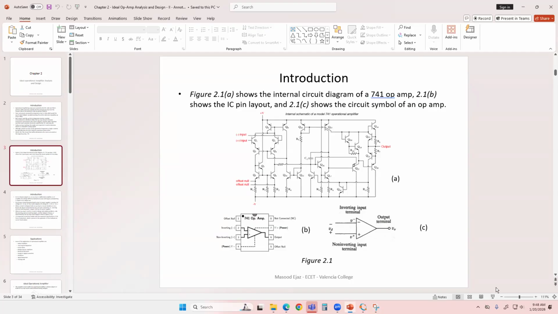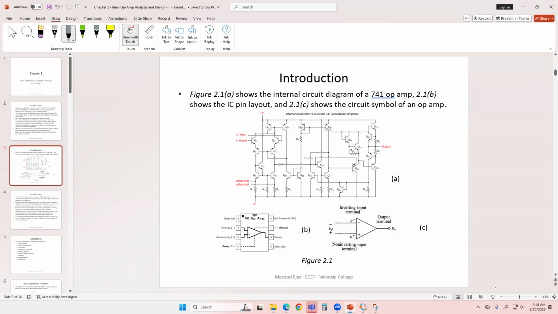But if you do have to show biasing, for example when you're doing your simulation and you have to connect the biasing, then biasing is generally shown. In the 741 IC in PSpice, you're going to see the biasing voltages right here. You're going to see V negative and V positive. When you pull the IC in PSpice, usually the positive voltage is going to be on top